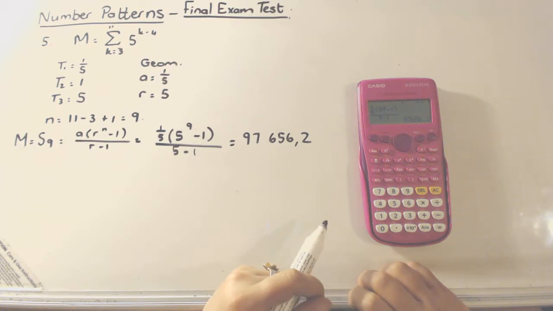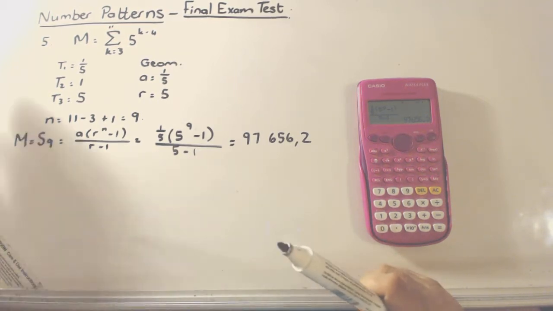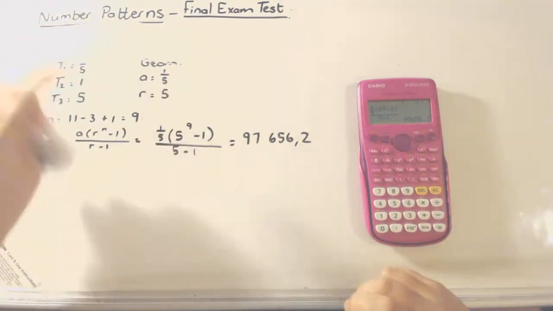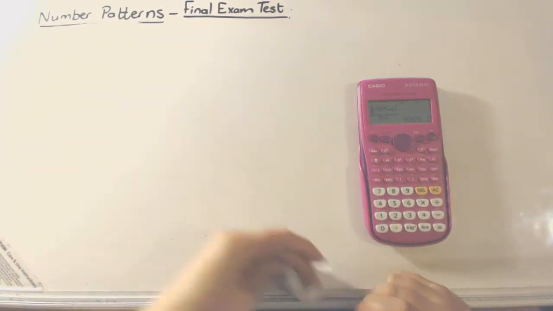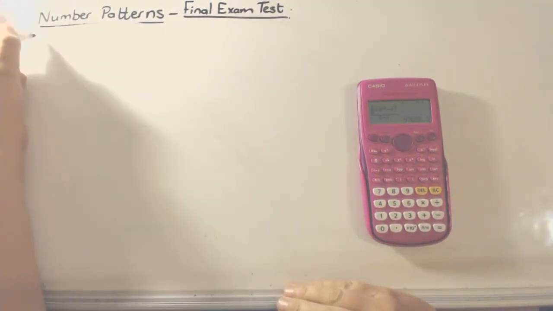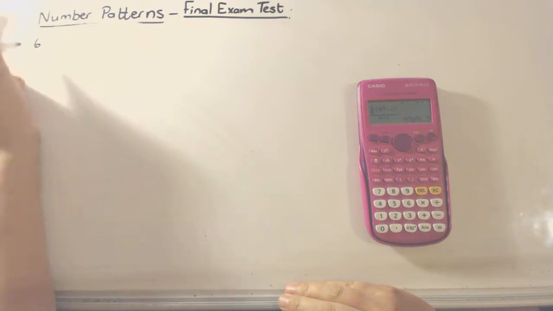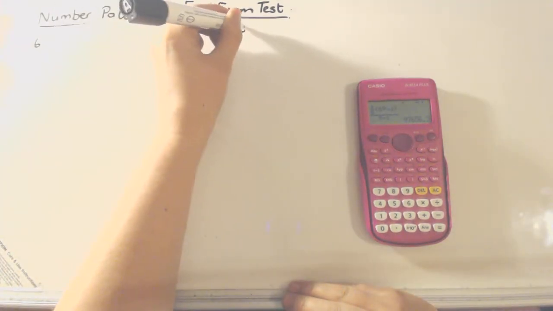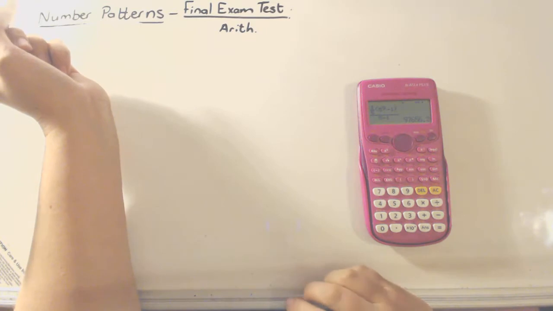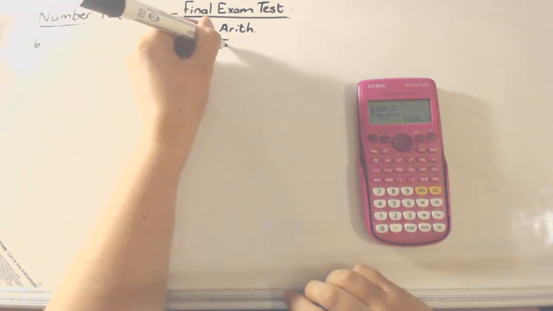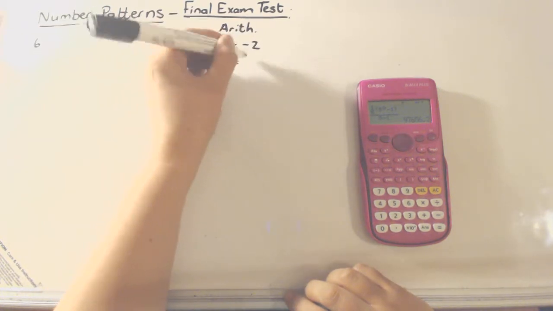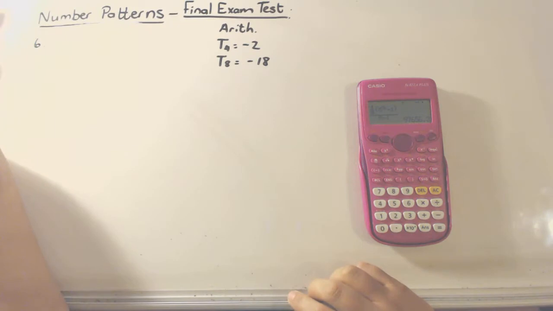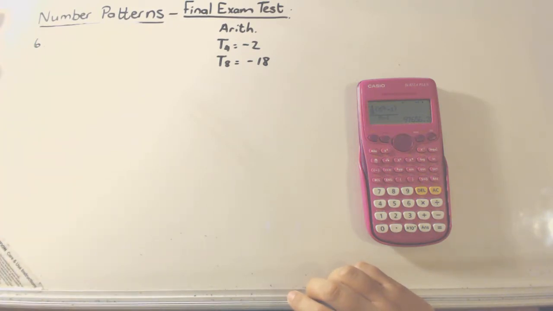Alright, so question 6 counts 8 marks. I'm just going to start anew because I feel this might be a little bit of a small space for 8 marks. So question 6 is 8 marks. It says in an arithmetic series, the fourth term is minus 2 and the 8th term is minus 18. Find the number of terms in the series if its sum